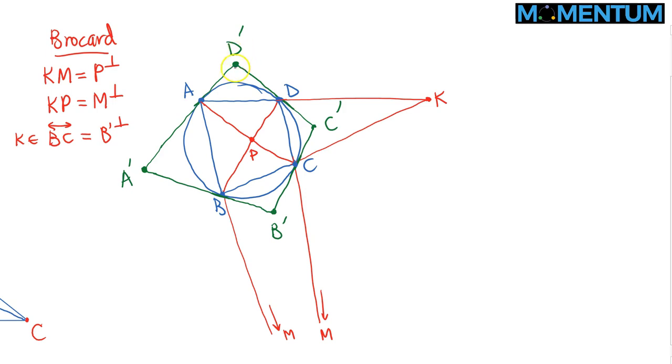And one more, D prime: the polar of D prime is AD, which contains K as well. Okay, so there you go. The polar of D prime is AD, right? Yes. And it certainly contains K as well. So now when you combine these three results, we just realize that the polar of M, B prime, D prime, they all go through the point K,